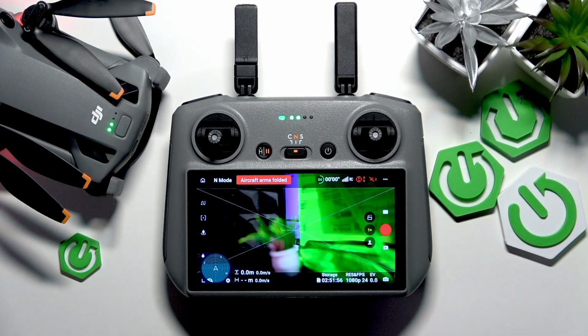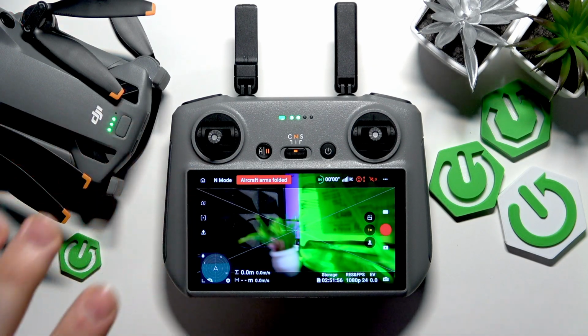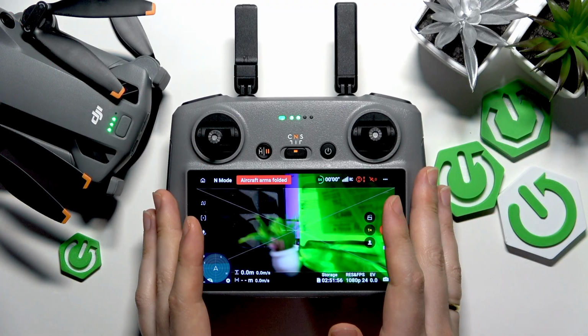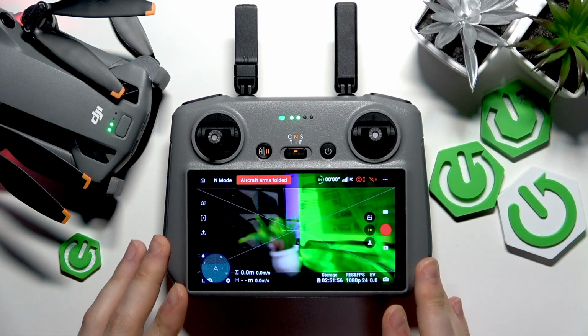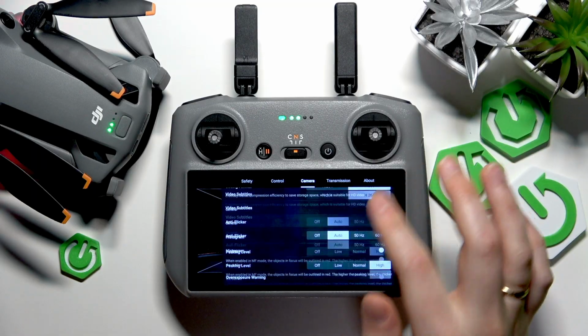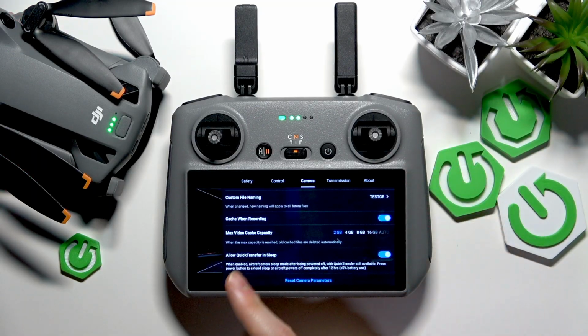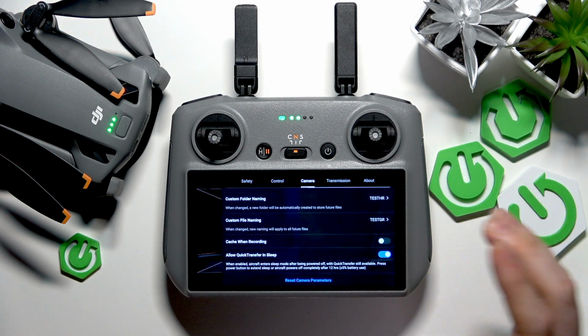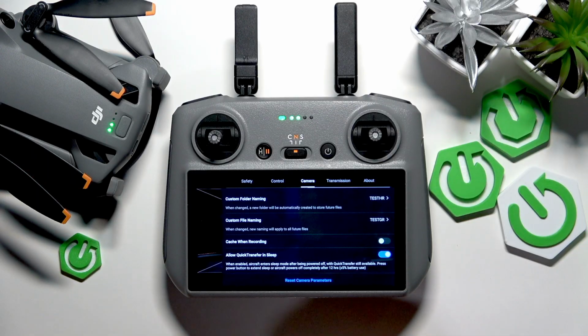So this goes without saying, but still, switch everything on, connect your RC to the aircraft, and just enter the GoFly interface, and from here launch settings. Now select the camera category on top, scroll all the way to the bottom, and here you'll find the cache when recording toggle, which you can switch off if you do not want whatever you record to be